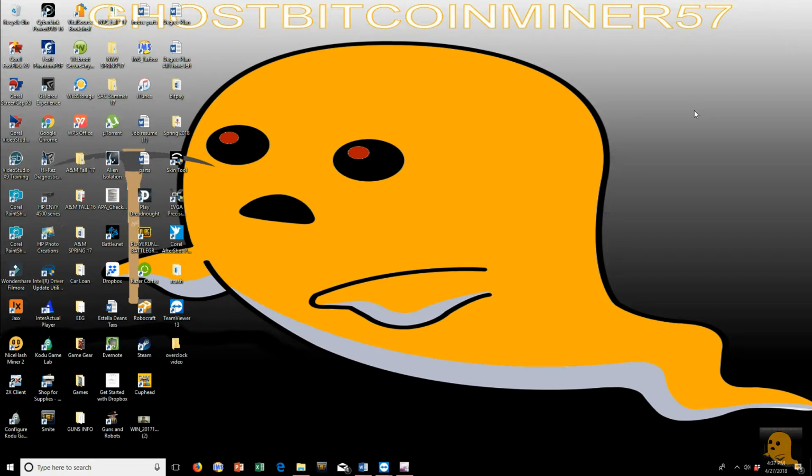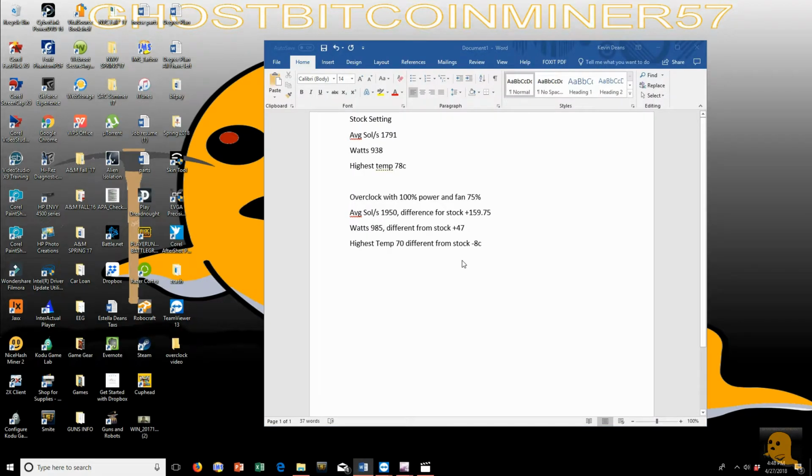Okay, guys, so here's the overview again of 100% power with fan speed set at 75% and with overclock on it. The average solutions a second was 1,950. That was an increase of 159 solutions a second from stock, which is pretty good. That's almost like a 970 card, and you're getting that for free. So the wattage did go up to 985,